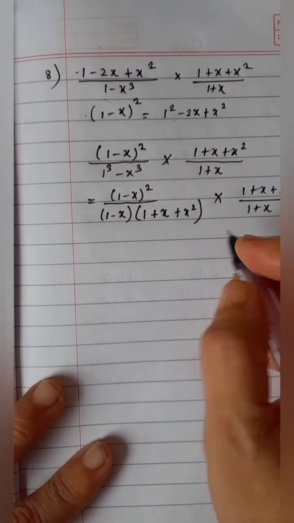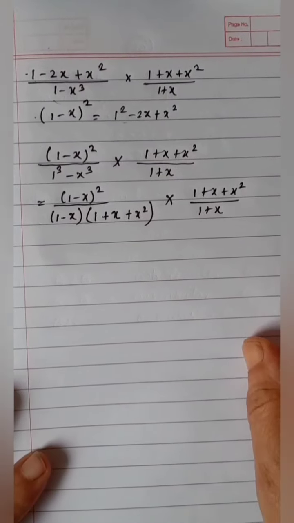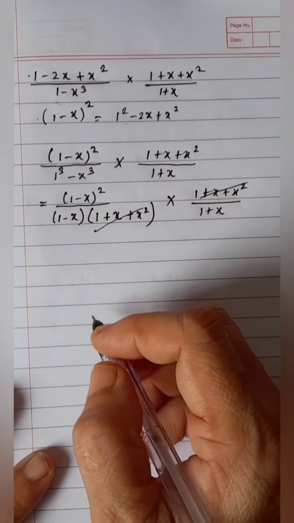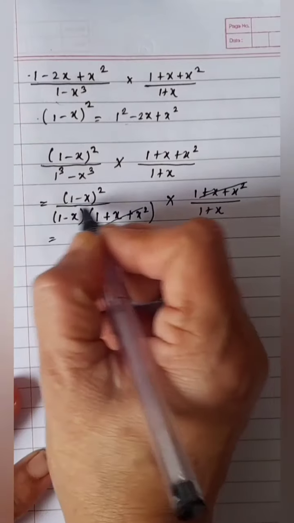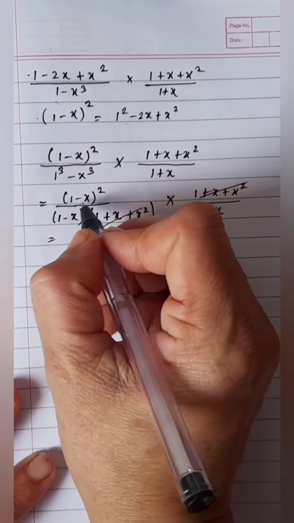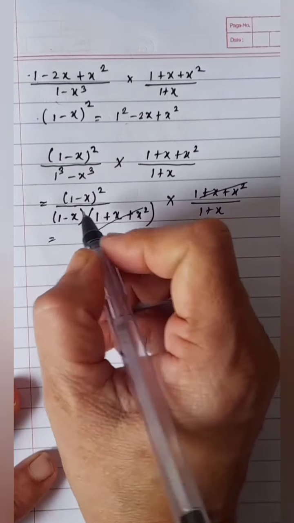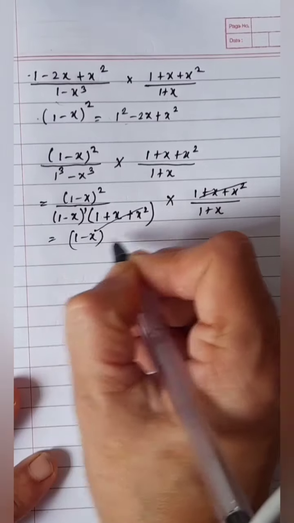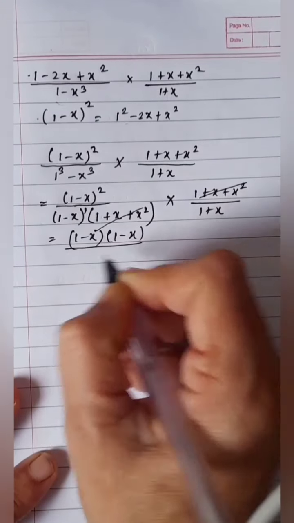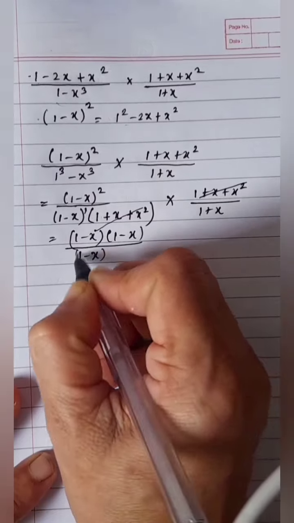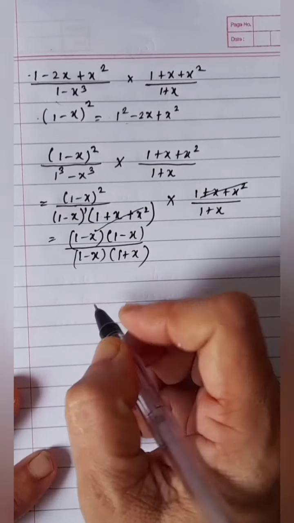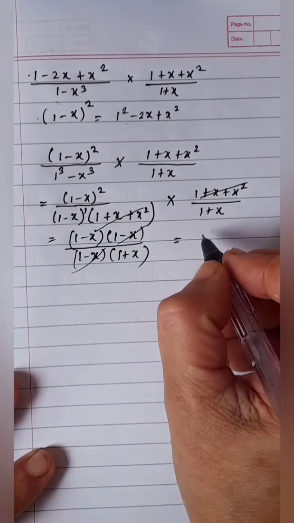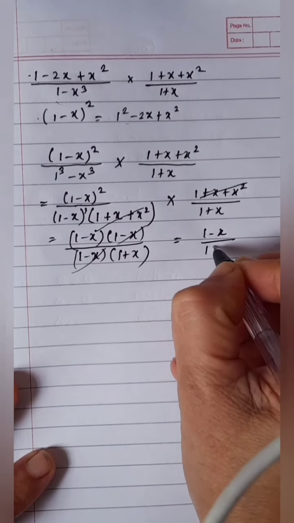Right? Now we will see whichever terms get cancelled here. Here if we see this and this algebraic expression is same, so I am cancelling this. This is 1 minus x the whole square and this is 1 minus x, which is 1 time. So if I have to cancel, I will write this as 1 minus x into 1 minus x 2 times. You have 1 minus x and 1 plus x. So here this and this will get cancelled. So finally my answer is 1 minus x upon 1 plus x.